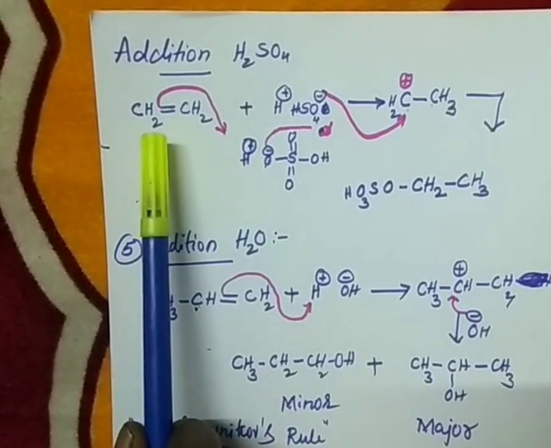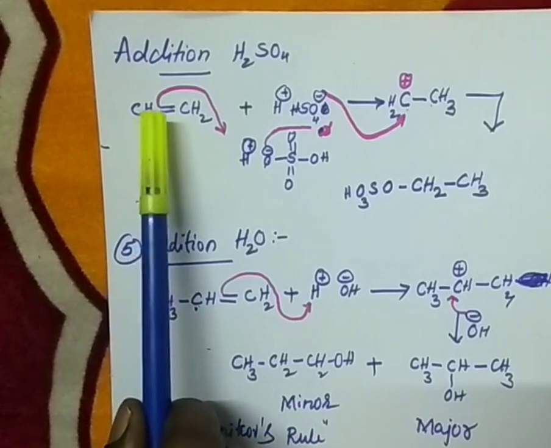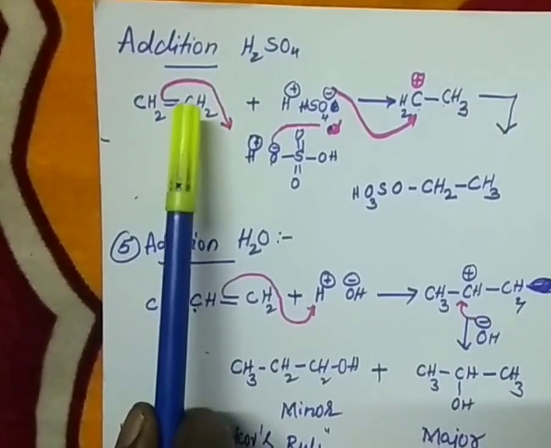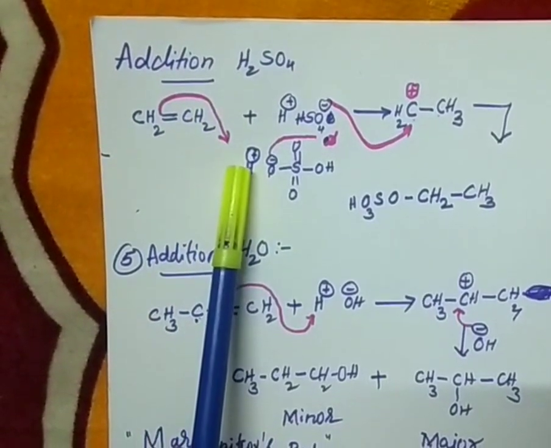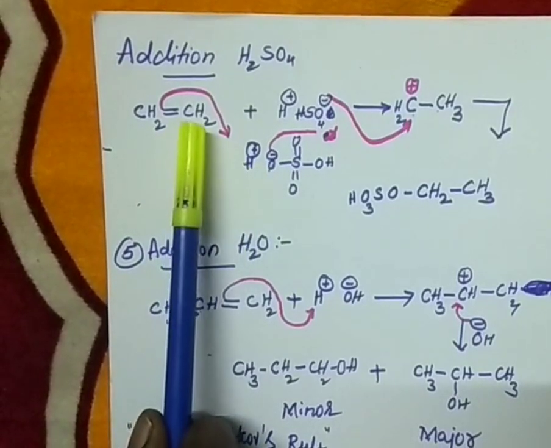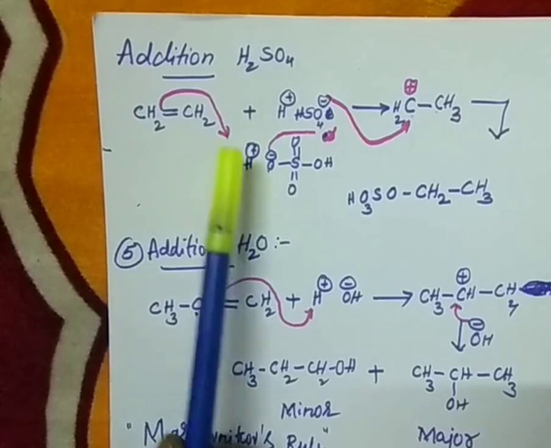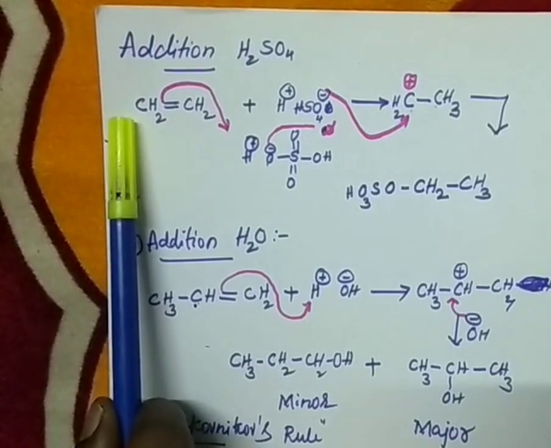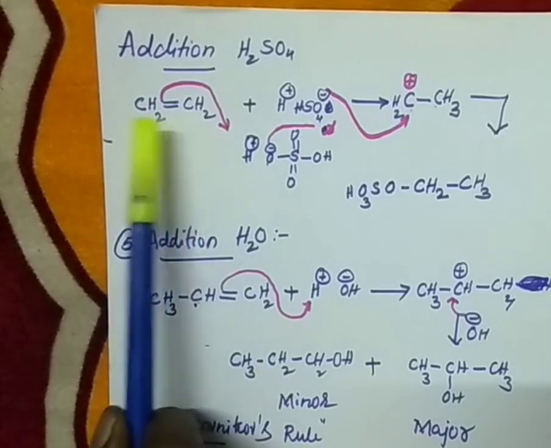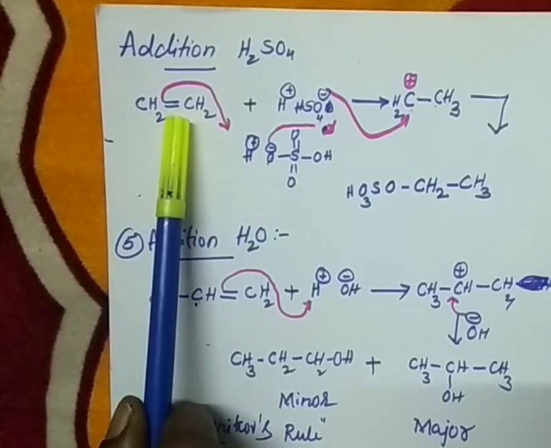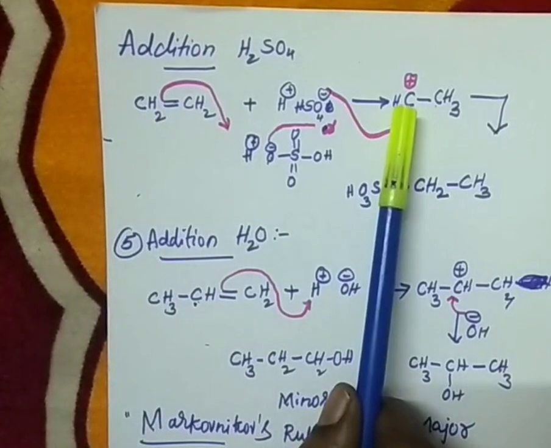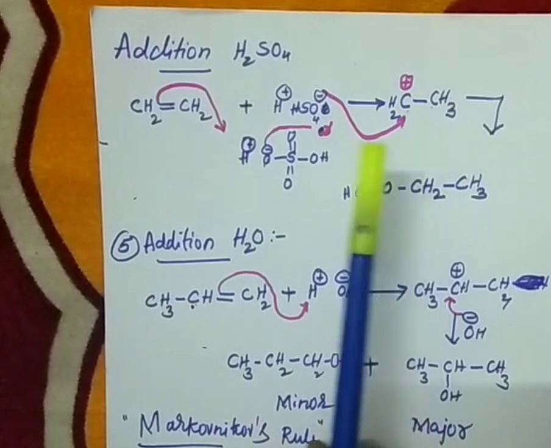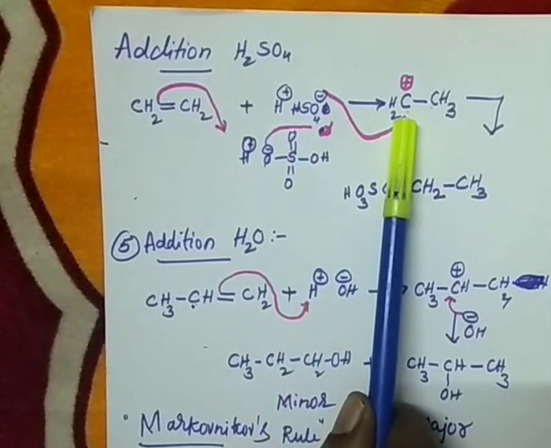And now our addition begins like this, heterolytic cleavage again. So 2 electrons will be taken up by this carbon, thereby this carbon gets the positive charge, and these 2 electrons will be given to this hydrogen atom to form a bond. Therefore, this carbon has 2 hydrogens. This takes the 1 hydrogen, therefore it becomes CH3. And this CH2, as it lost its electron, because the pi bond is formed by sharing of these 2 atoms' electrons, right? Now, only this atom took the electrons. Therefore, it gains the positive charge. And as this is gaining the positive charge, the remaining negative charge will add on to this, right? See, HSO4 minus will add on to this, the remaining.